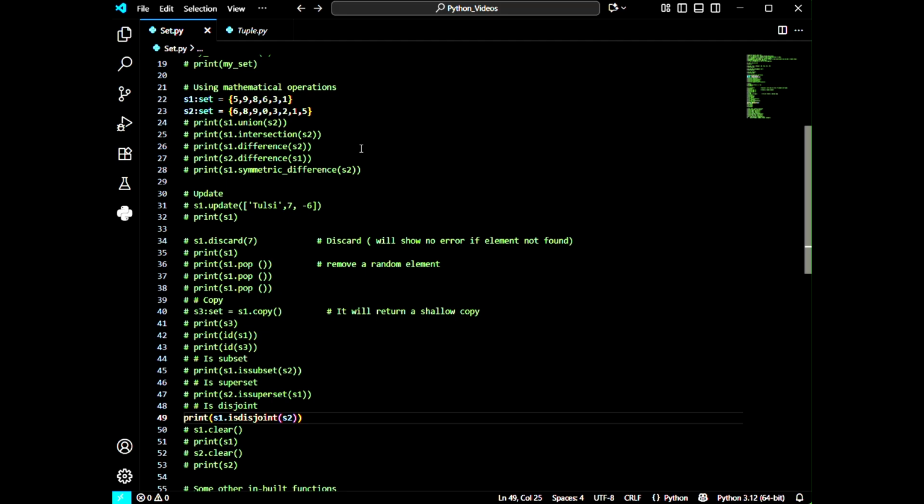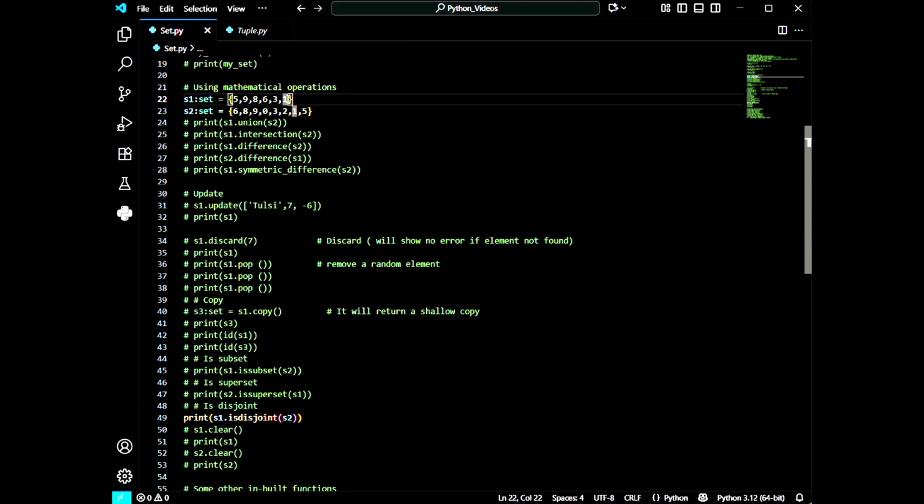But if there is no common element between all the sets, then it will give us true. And now we can see that some elements which are present in S1, because we have created S1 as a subset of S2 and S2 as a superset of S1. That's why it is containing all the elements.